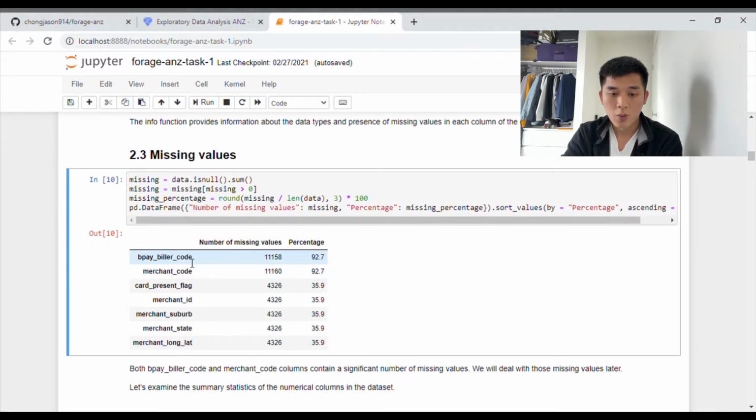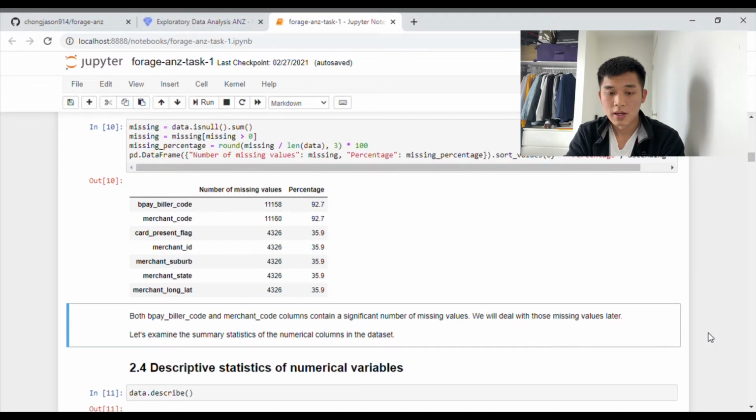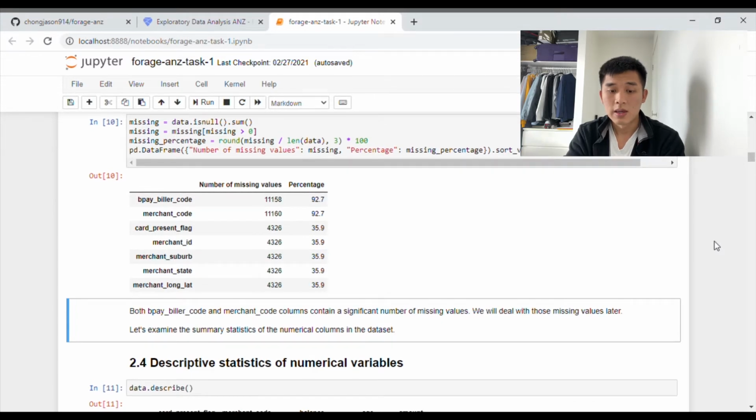So here we can see that we have 1, 2, 3, 4, 5, 6, 7 columns with missing values. In the first column here, we can see the number of missing values in each column, as well as their corresponding percentages. So the first 2 columns have the highest percentage, 93%. And the remaining ones have about 36%. Here I've left a comment saying that both BPAY biller code and merchant code, these 2 columns, contain a significant number of missing values at 93%, so that's quite severe. So we will need to deal with these missing values later on, but for now we will move on to